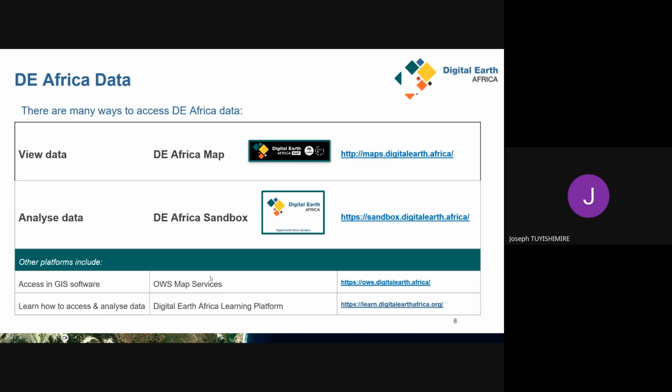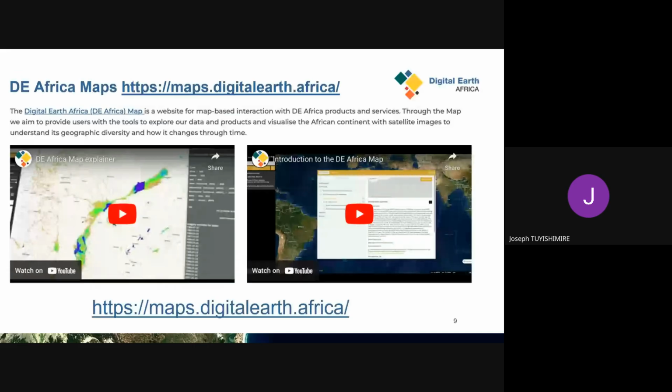But also the classic software like QGIS or ArcGIS can then access the data sets directly and work from your PC. Of course, capacity building is a very important aspect of our work. That's why we have put in place a learning platform. When you log on to learn.southafrica.org, you can access approximately 10 modules, very detailed. You can do them at your own pace, and you get a certificate as a reward at the end.